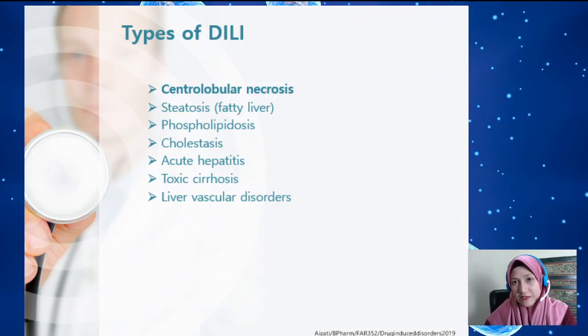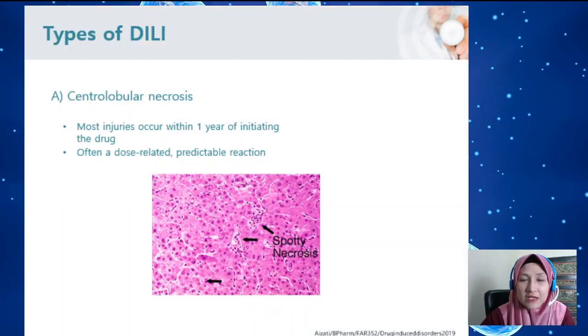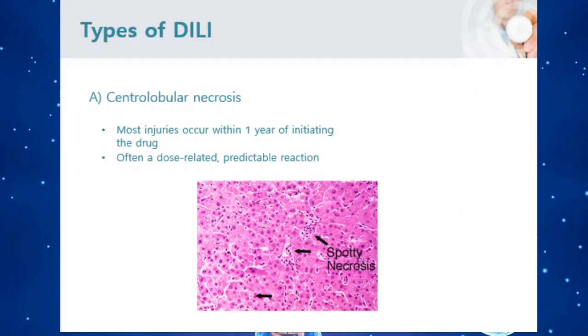For the types of drug-induced liver injury, we have several types here, but we are just going to have a look, not in that much detail for each type, and we will look at some examples of drugs that might cause each type of DILI. The first is the centrilobular necrosis, in which most injuries might occur within 1 year of initiating the drug, and it is when the liver cell is undergoing destruction,